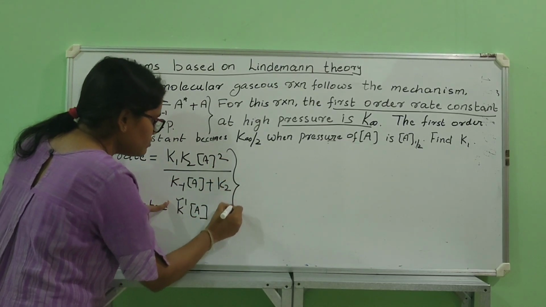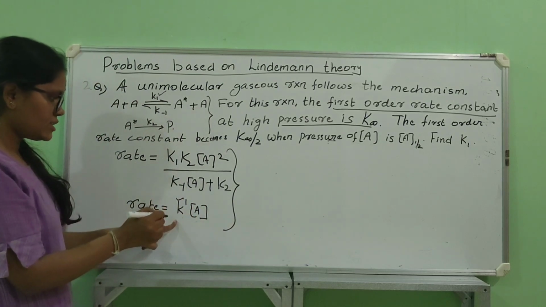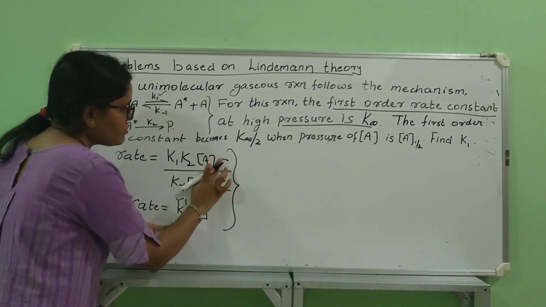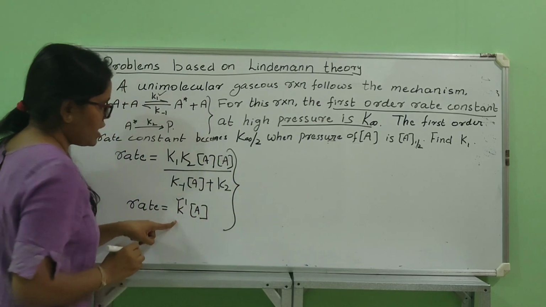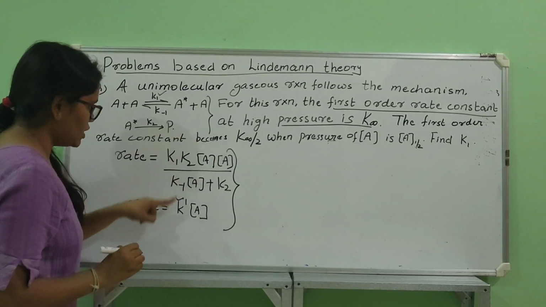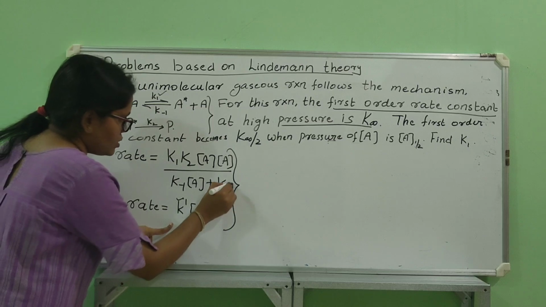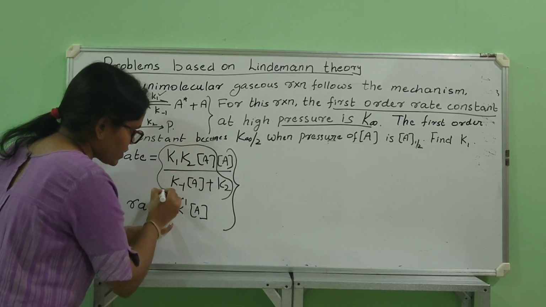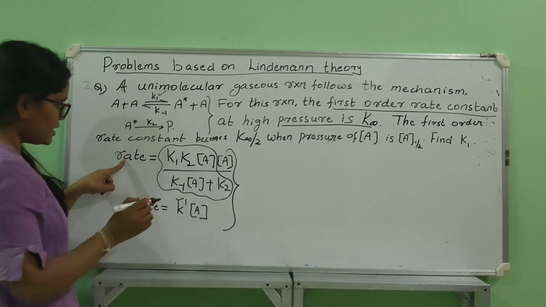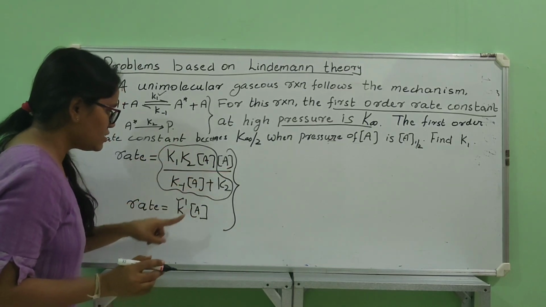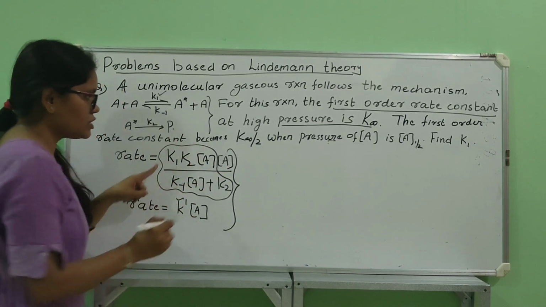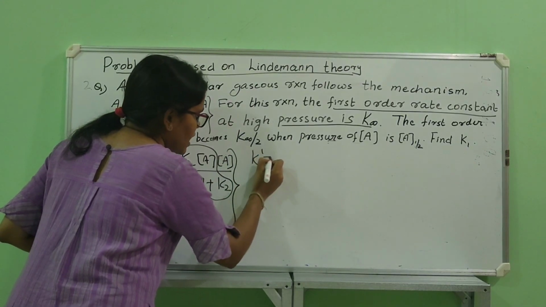On comparison of this theoretical and experimental rate law. If I remove this A square and write it as A into A and compare these two equations, I can write rate is equal to K dash into A, right? So by comparing these two equations, we can get K dash as